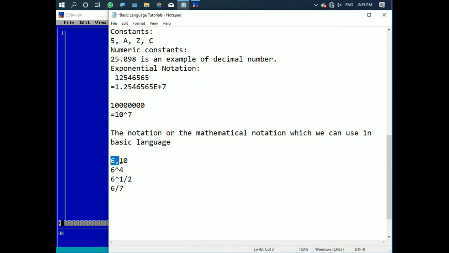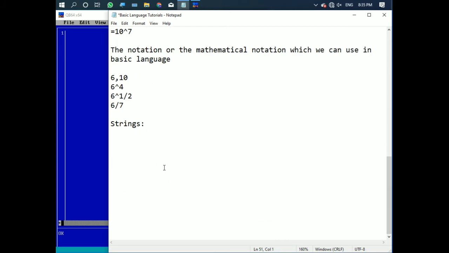And now, these things are applicable in this basic language. So what are these strings? Suppose I write A$, so what is this? A$ is one string variable.